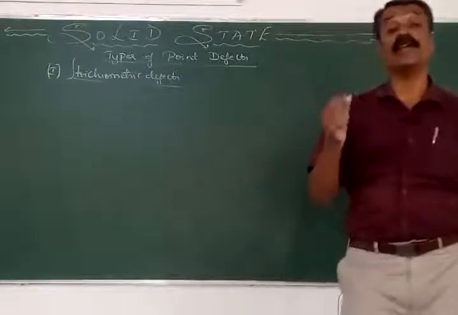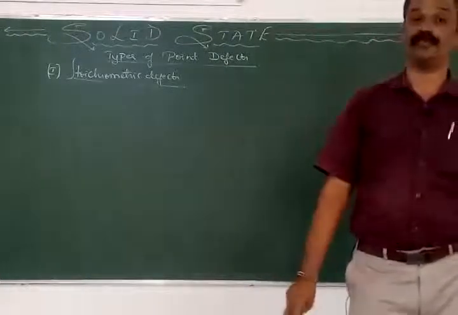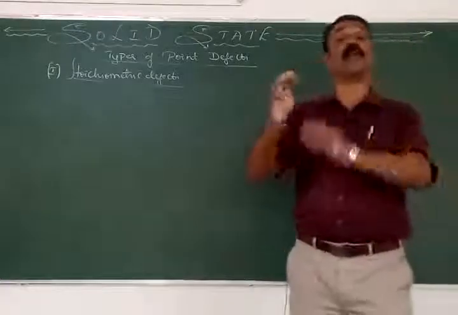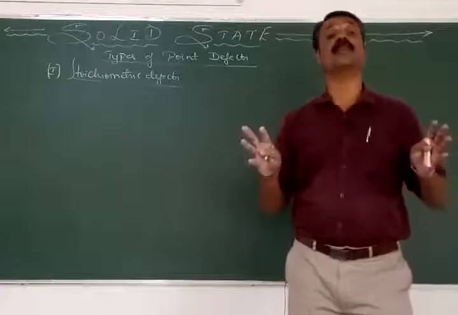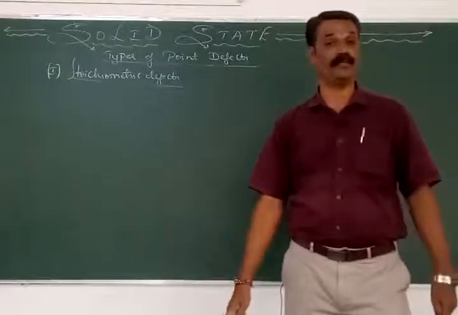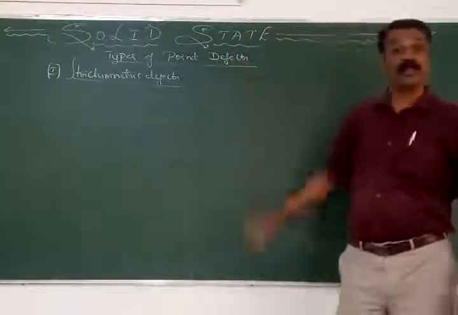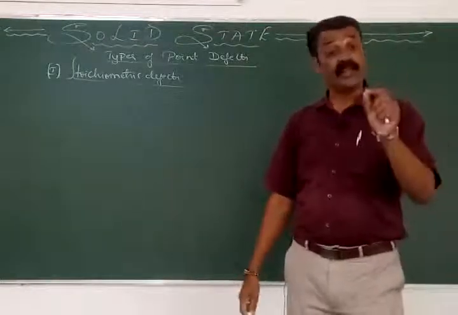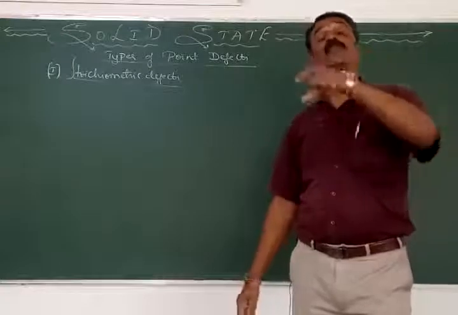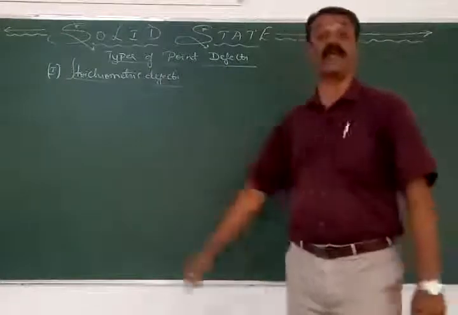Stoichiometry means, indirectly, that we are talking about the chemical composition, meaning the ratio of those particles. If that doesn't get disturbed, it is called stoichiometric. It is first a point defect that has occurred while maintaining the same chemical composition of the given crystal lattice, which is called